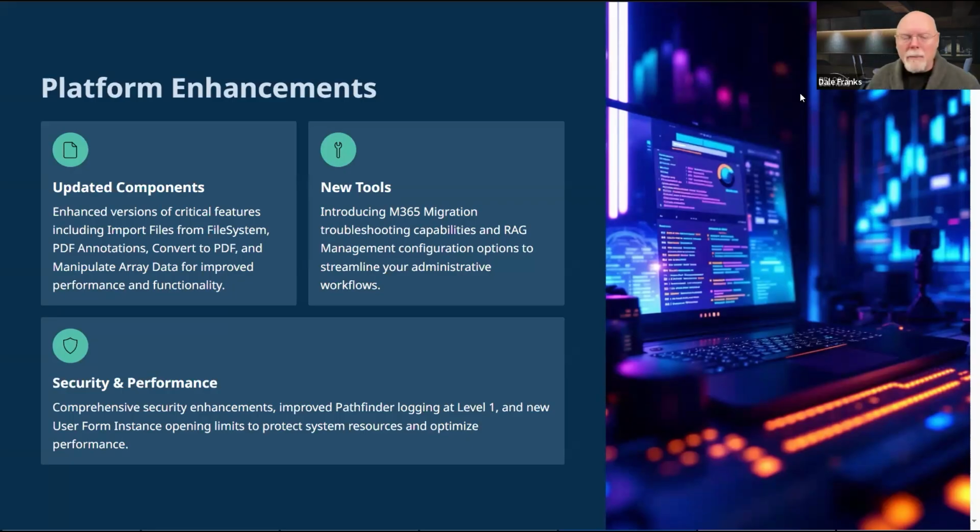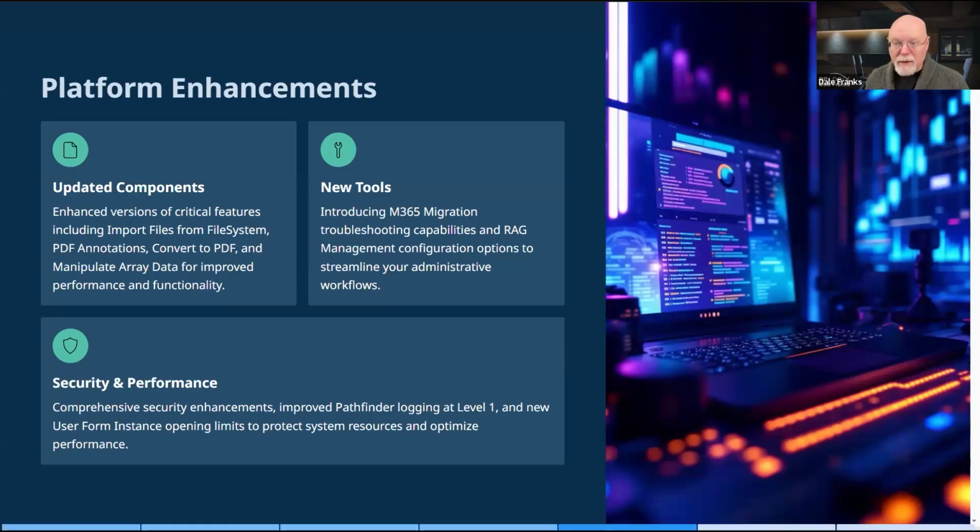So we're going to impose limits so that if you open up an instance of a form, you can't open multiple copies of that form instance. If you try, it'll just tell you, you've already got this form instance open. You need to work on that form instance. So we're trying to prevent those data crashes that happen inadvertently when people open up multiple copies of the same form instance.